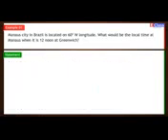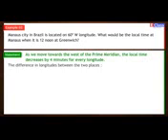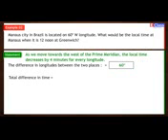Example 2. Manaus city in Brazil is located on 60 degree W longitude. What would be the local time at Manaus when it is 12 noon at Greenwich? Statement: as we move towards the west of the prime meridian, the local time decreases by 4 minutes for every degree of longitude. The difference in longitudes between the two places is equal to 60 degrees. Total difference in time is equal to 60 into 4, which is equal to 240 minutes, which is equal to 240 divided by 60 minutes, which is equal to 4 hours.